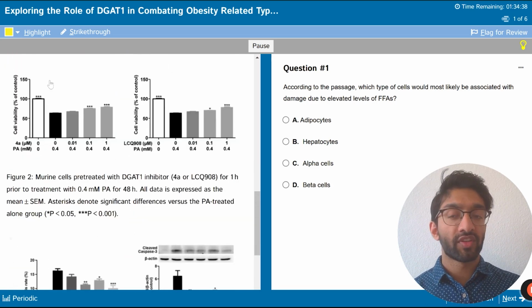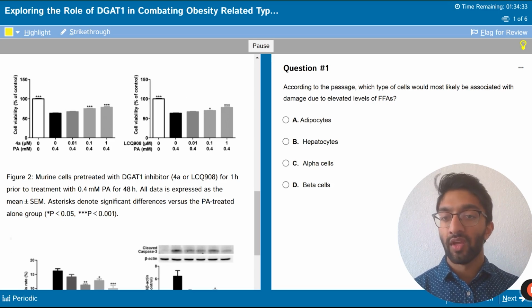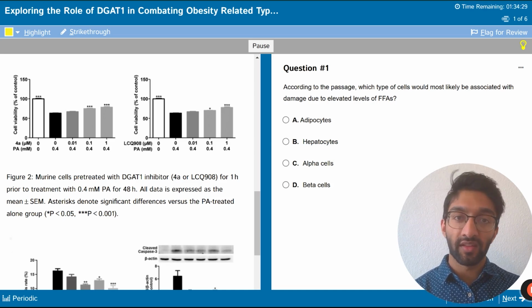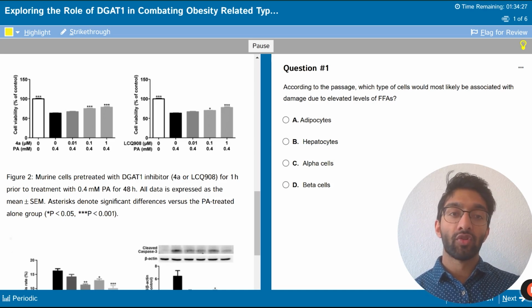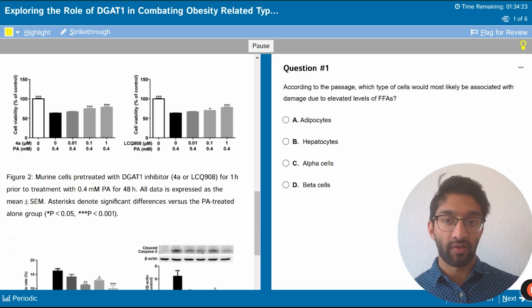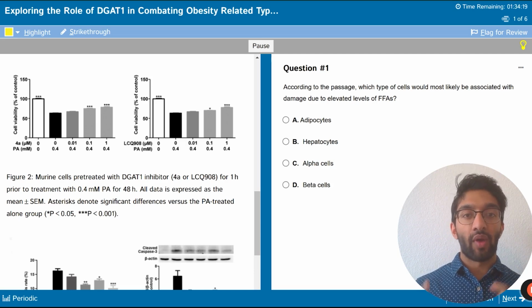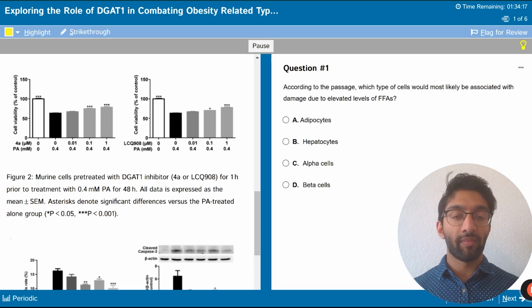Overall, just get a general trend in these figures, and then we can break them down further if the question asks or demands. This is something I would recommend you do, because you don't have unlimited time in these sections, and you should dedicate a bit more of your time to answering the questions rather than just focusing on the passage. So what you want to look at in the figures is just grab the overall trend or something that pops out to you.